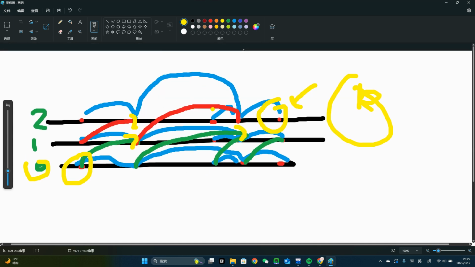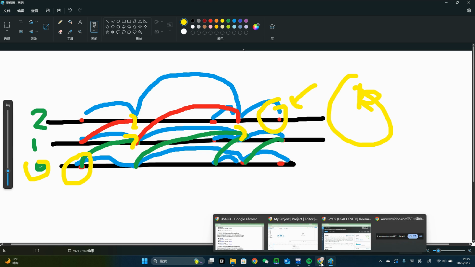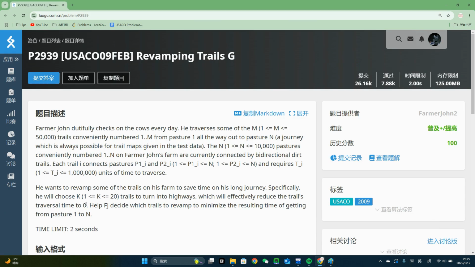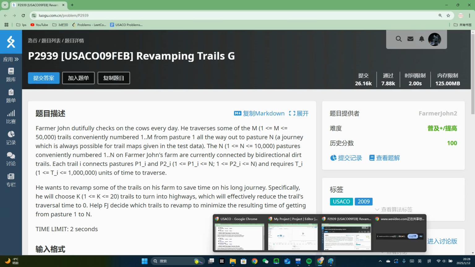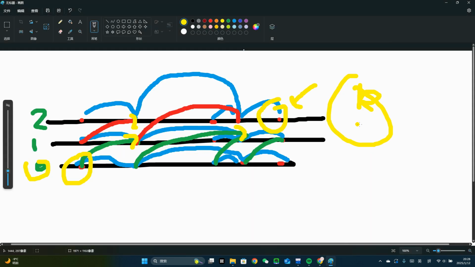If you get the idea, you will know how to solve the problem almost immediately, and the implementation is not hard at all. And also, I'm pretty sure on this problem, you don't have to revamp exactly K. You can revamp less if you want. So that's why, in my algorithm,